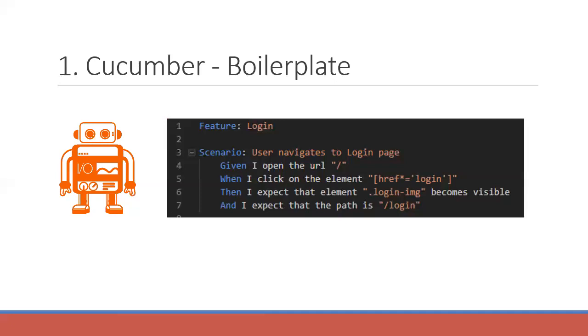Open URL, click the element. The only thing that is needed here is to find out the locator. But other than that, all the assertions, everything is there. Pretty easy to start, 5 minutes, and you're good to go. If you want to extend that, if you know JavaScript, you can create your own custom steps as well and